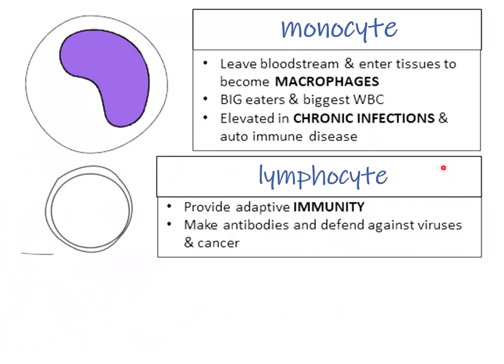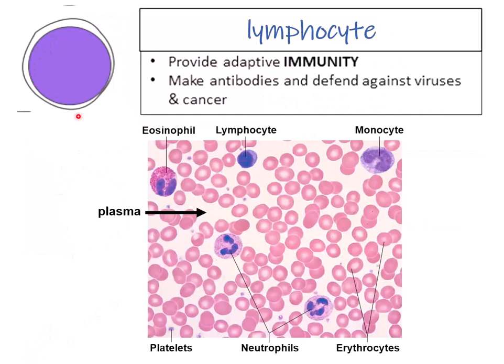Our last white blood cell that we're going to talk about is the lymphocyte. Lymphocytes are the smallest of the white blood cells. These are the cells responsible for our adaptive immunity, the part of our immune system that gets better over time and makes us immune to infection. Go ahead and color the nucleus. They're mostly nucleus, a very round spherical nucleus surrounded by just a thin layer of